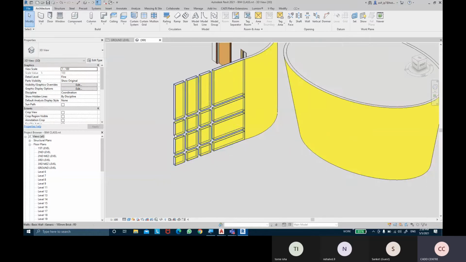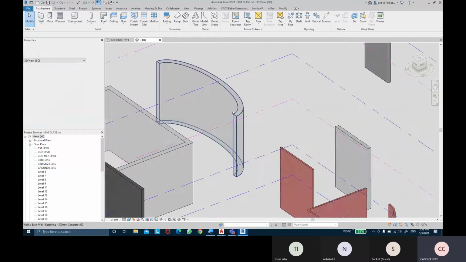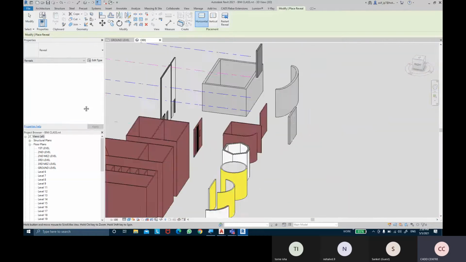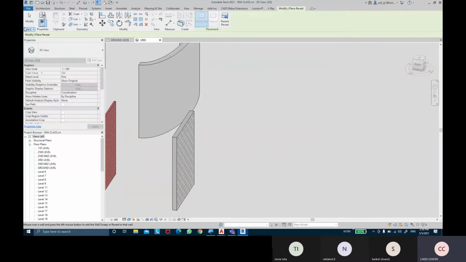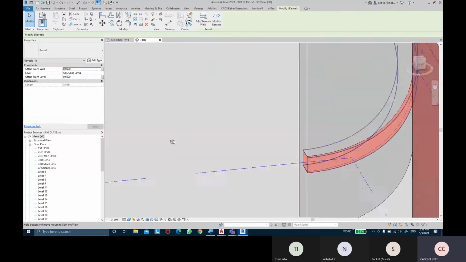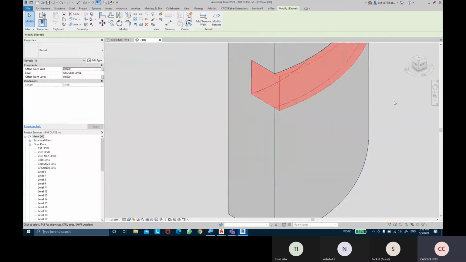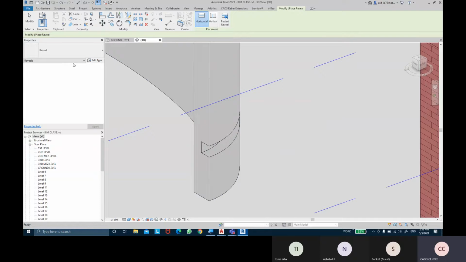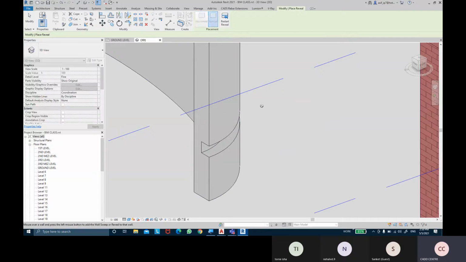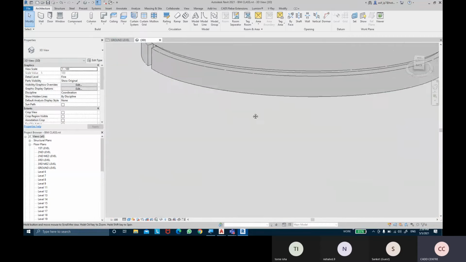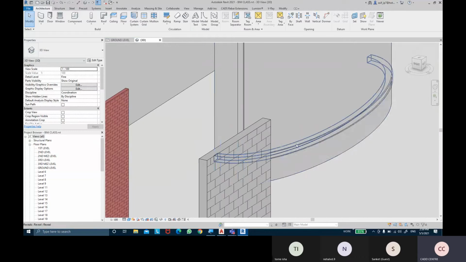If the wall thickness is pretty thick, and I apply the wall reveals, you can see over here when I applied it, it creates a cutout in the wall. It doesn't completely cut the wall. So that's the reveal. You can cut horizontally, and you can cut vertically as well. If you want to cut vertically, you can take wall reveals and cut vertically, however you wish to cut out these reveals.